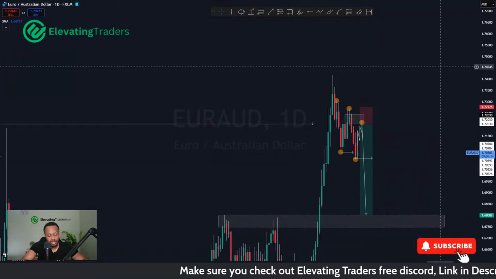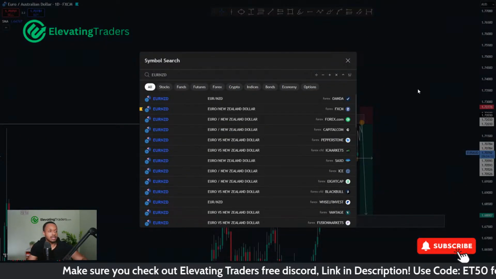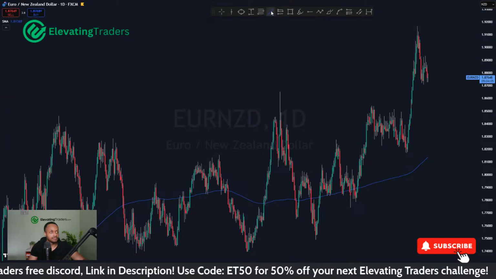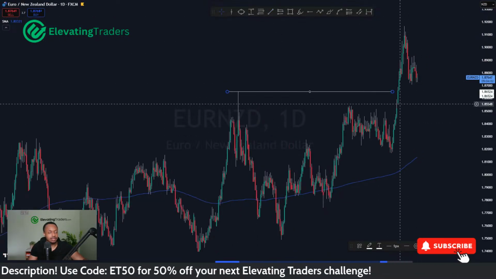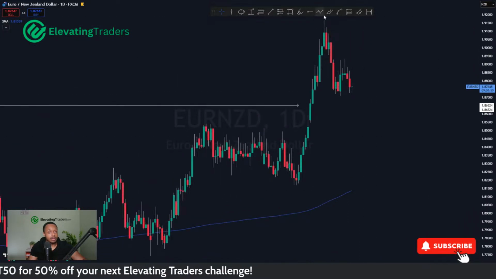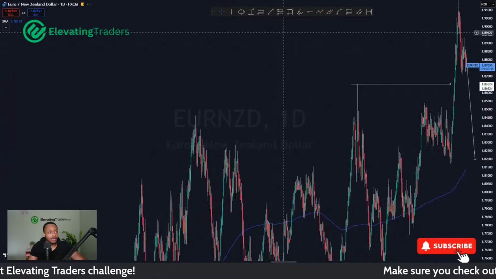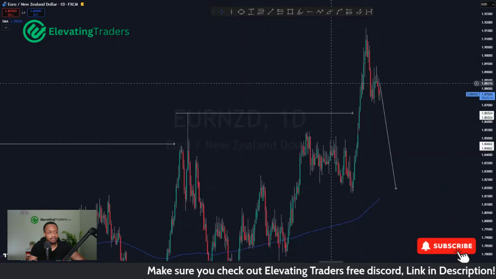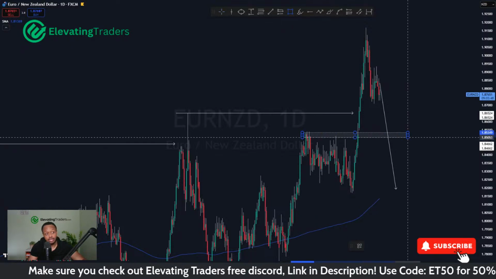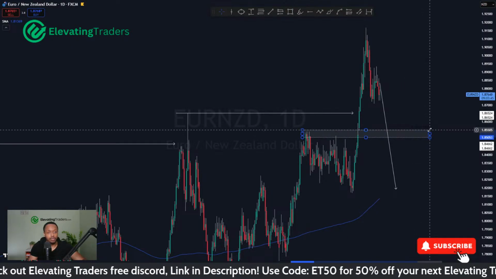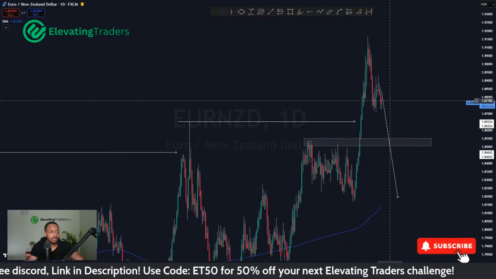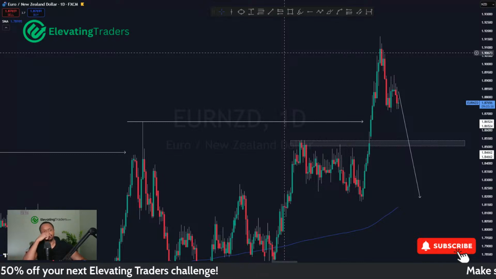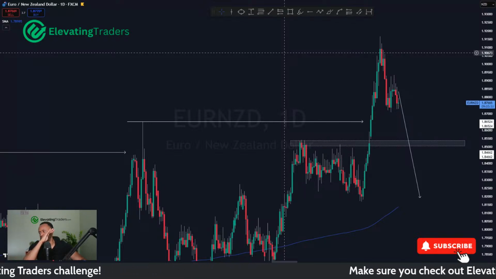I'm looking at kind of similar expectations for a lot of the crosses here. So Euro NZD manipulated through that high there as well. Well, it hasn't really done that yet because it's spiked below it. But I am looking for price to come a lot lower too and push back down, similar to what we had here. Spike through the high, then we sell right after. I do think the market's going to sell as well, and it has been doing so far. 1.854 is definitely a level I expect price to push into. So that's kind of what I'm looking for with those crosses.